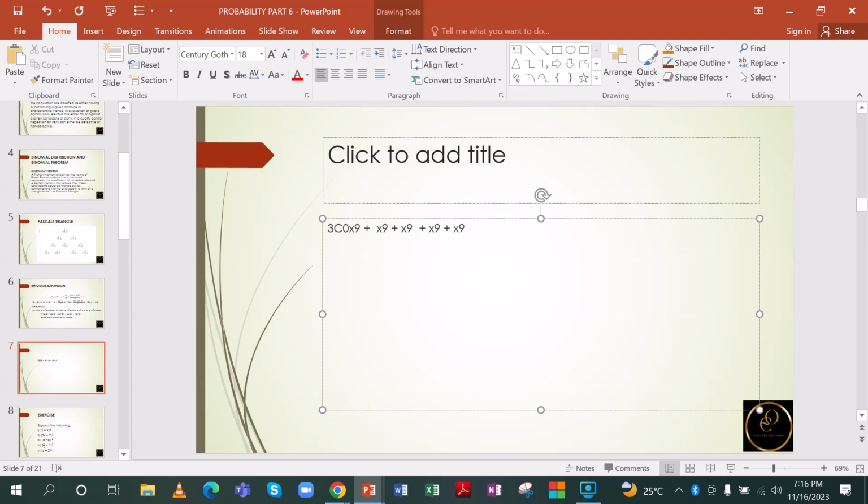And then the next one will be 3, capital letter C, then you have 1. Okay, the next one will be 3, capital letter C, then you have 2. The next one will be 3, capital letter C, and you have